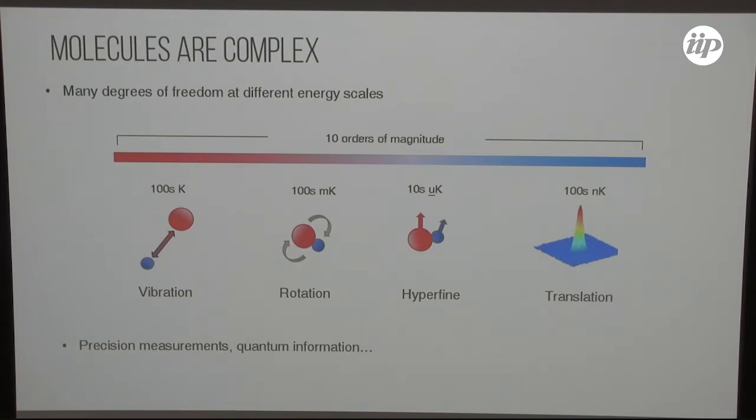Highlighting again how powerful these tabletop experiments are with respect to the distance and into the probing of beyond standard model physics. The key is you want to prepare this molecule into a unique initial quantum state. So it's very important to have translationally cold temperature. Ideally, you want this temperature to be in the ultra-cold regime.